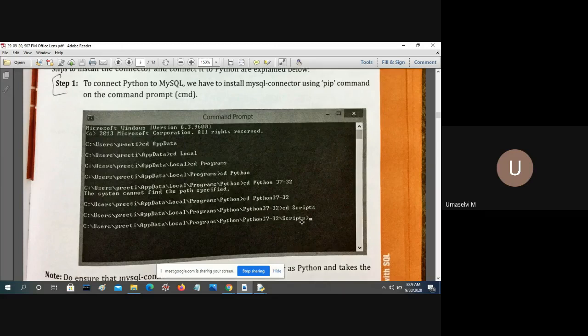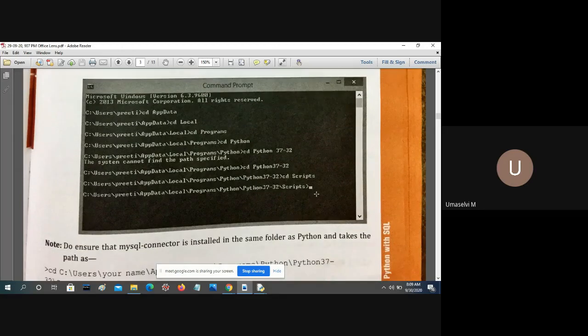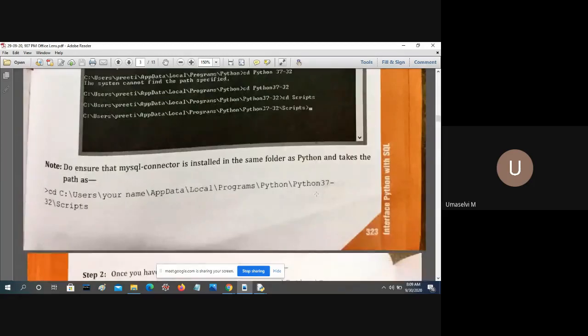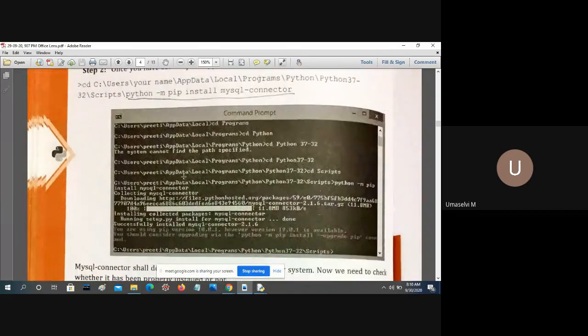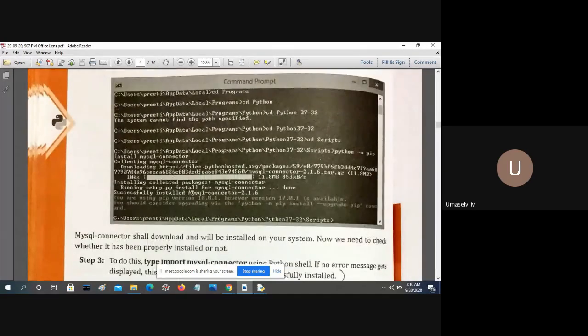After this, you will be typing the command to install. But during installation, internet is necessary. You can give the command pip install mysql hyphen connector. Try only this first. If it is not installing, then you can give python -m pip install mysql hyphen connector. Then it will get installed.